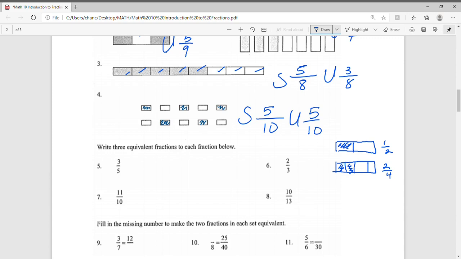And I could do the same process here. 3/5 is also equivalent to 6 out of 10. Essentially what I'm doing is I'm multiplying the top and the bottom by 2. Now, a lot of instructors will mistakenly tell students what you do to the top, you do to the bottom. That does not make any sense at all. So never do that. The best way to explain this is to say we are